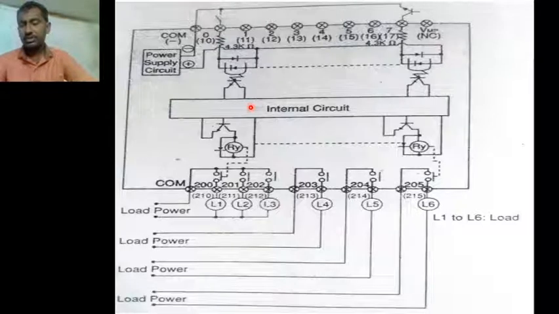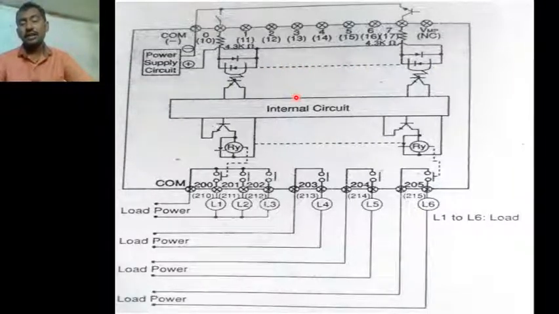Then the signal is sent to the CPU. After coming from the CPU, there is some input logic and then the isolation. This transistor representation is nothing but the isolation representation. Here we have 8 devices. For those 8 devices we may have 8 opto isolators, but in this diagram we represent only 2, and the remaining are represented with dashes.